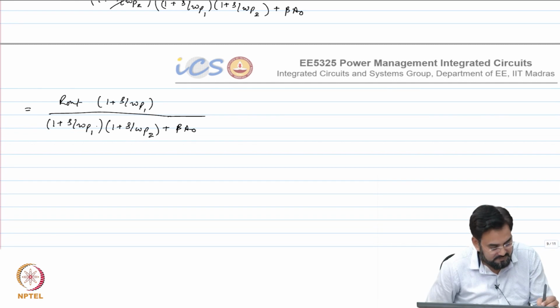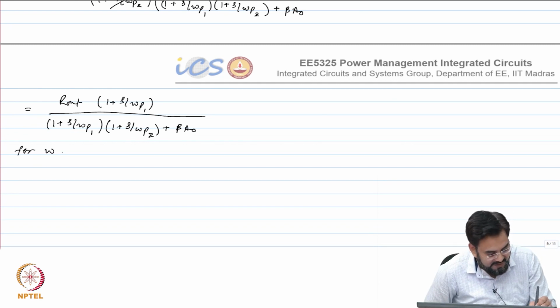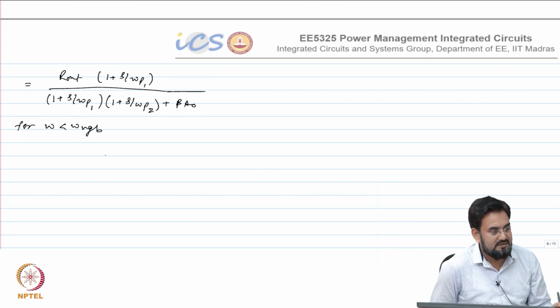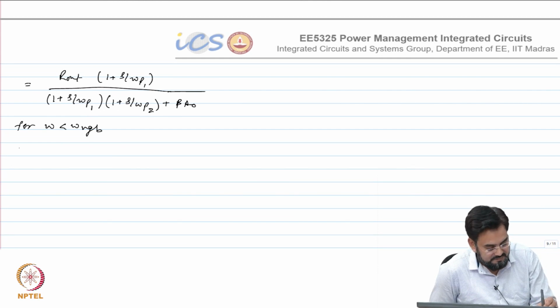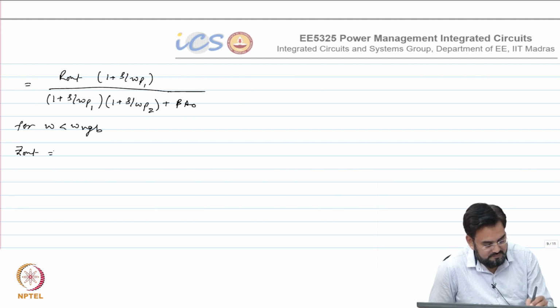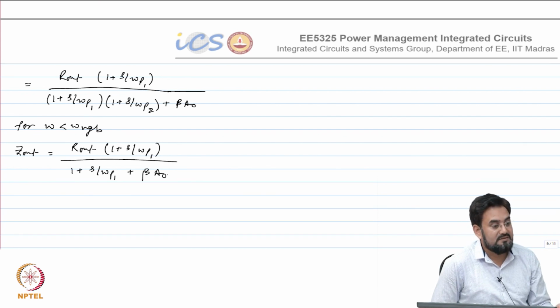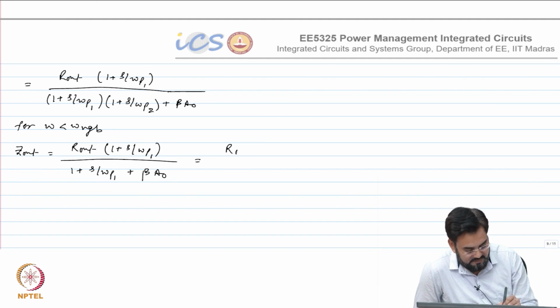So which means for omega less than omega UGB, which pole will go away? Omega P2. Over, correct. I can write it 1 plus